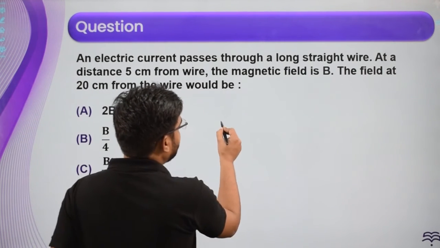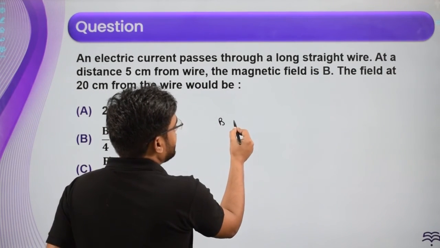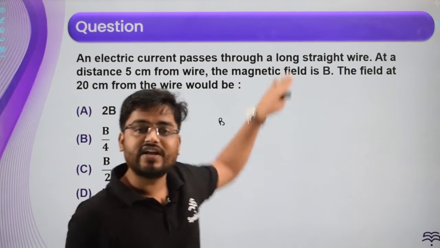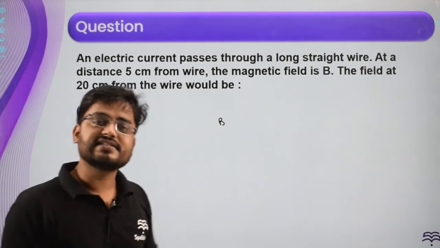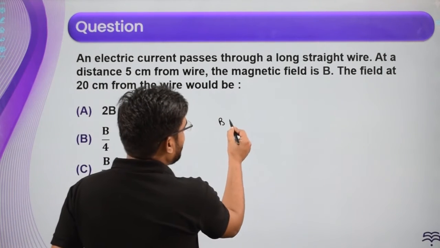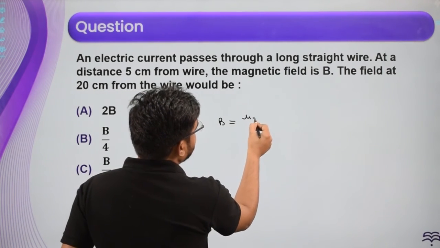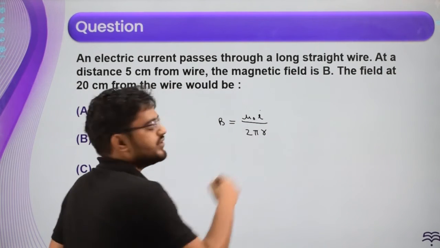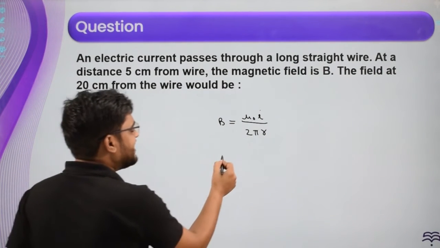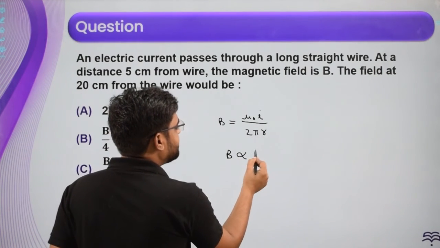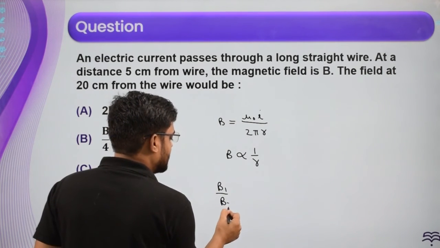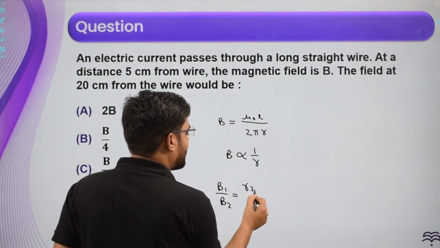So we already know that B is what? See, they have not given, it is a long straight wire. Whenever a long straight wire is written, we take it as an infinite wire. So we know the formula that it is mu naught I by 2 pi r. I am not going to utilize the whole formula. I know that B is proportional to 1 by r. So I can just write that B1 by B2 is nothing but R2 by R1 because it